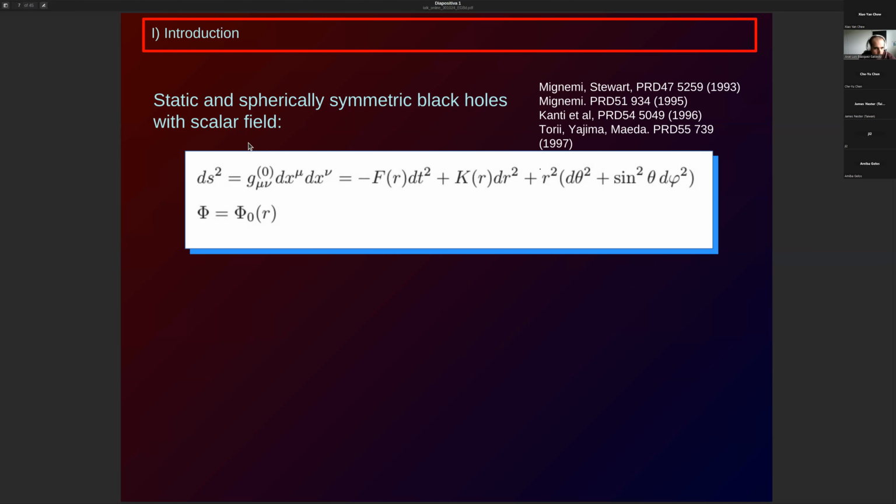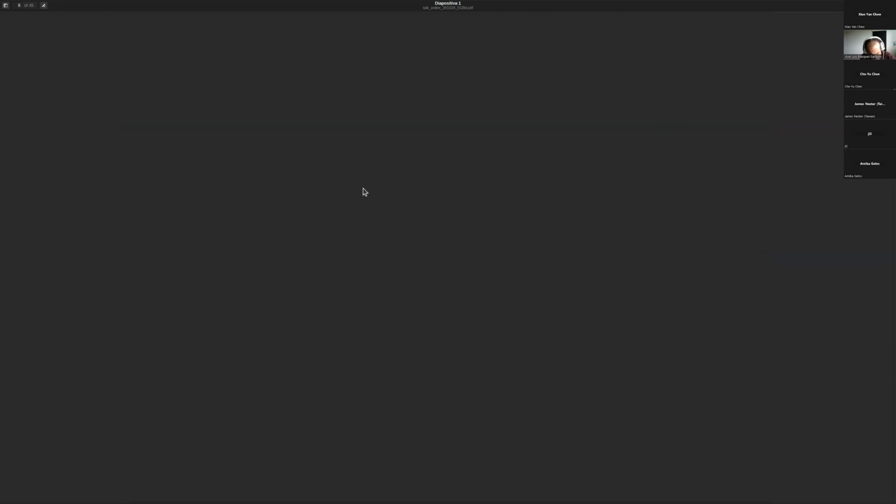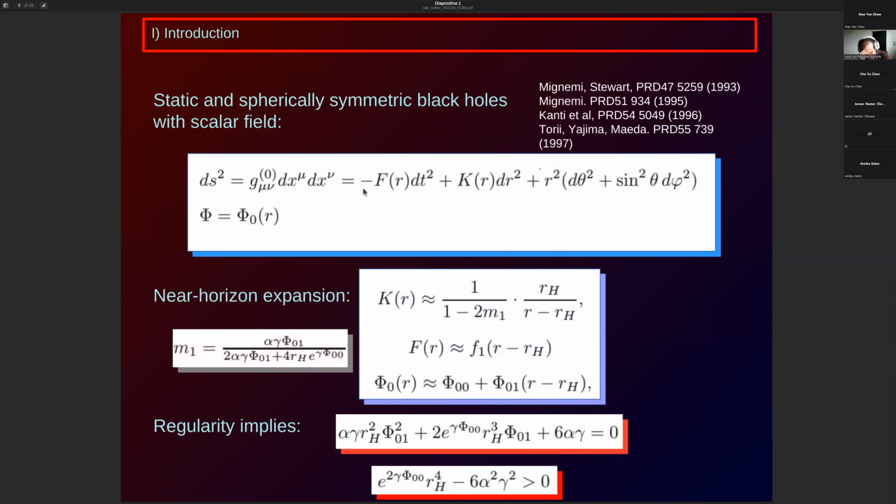Many studies about them. You can propose an ansatz for your metric, static and spherically symmetric, the usual, and for the scalar field, the standard, and then you throw this into your field equations, simplify, and solve the equations. It happens that these static black hole solutions are not known analytically, so the solutions have to be obtained with numerical methods. But in principle, it's a set of ODEs. You can use many methods to obtain solutions. Fine. What you can study analytically is the behavior of the solution near the horizon and asymptotically at infinity.